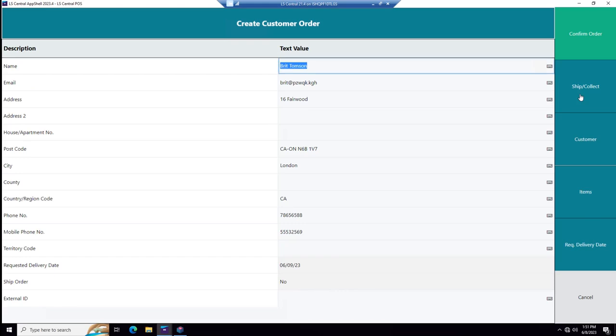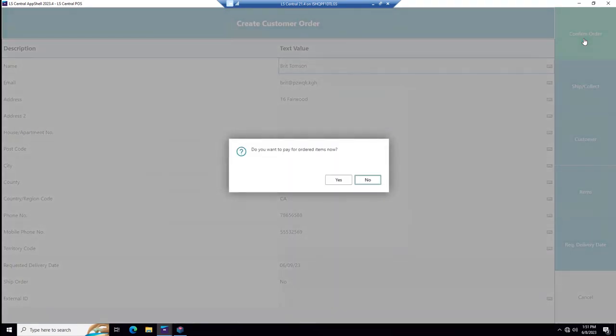We press OK. And since Britt was already in the sale, we see her information. If not, we could have put in information about our customer. And when we're happy about that, we confirm the order. And now we are asked, is Britt going to pay for the items now or later? Britt wants to be quick when she comes later to our store today or tomorrow.